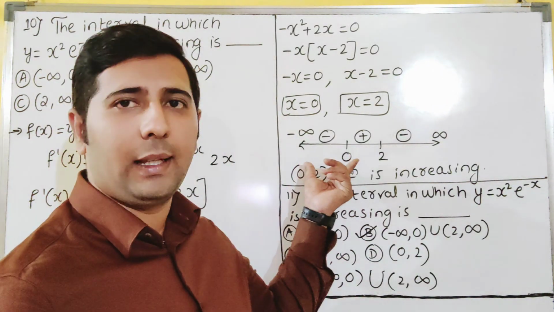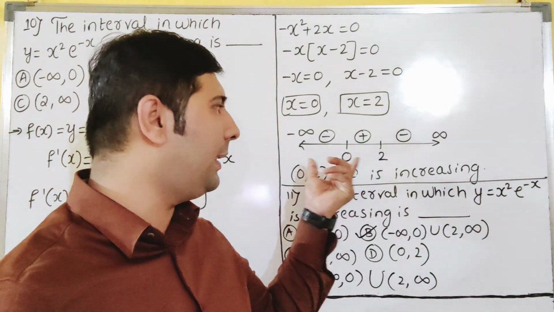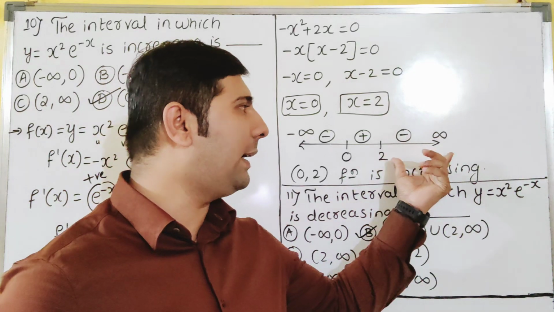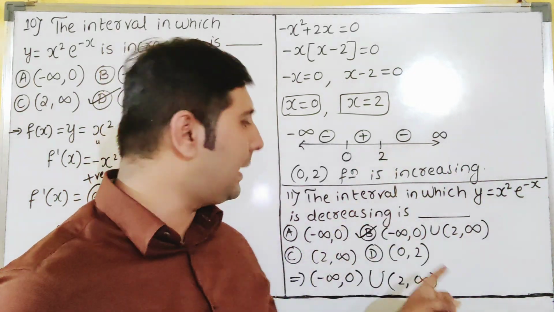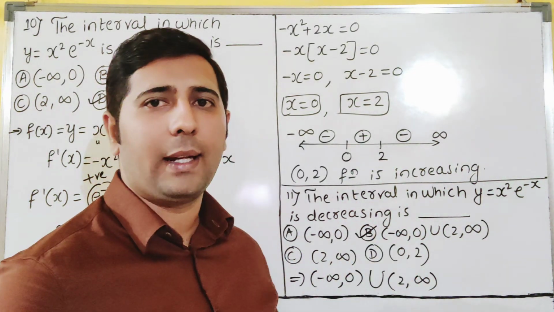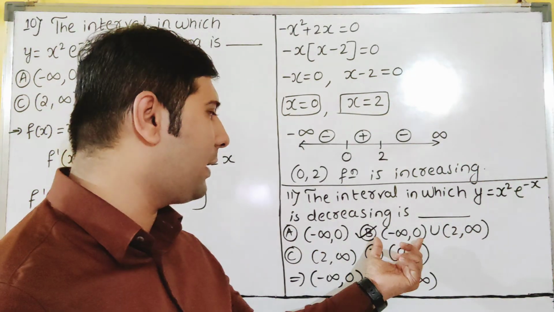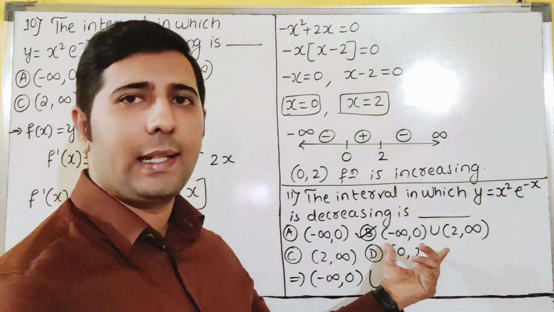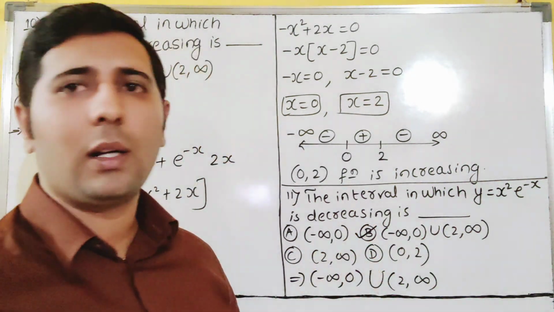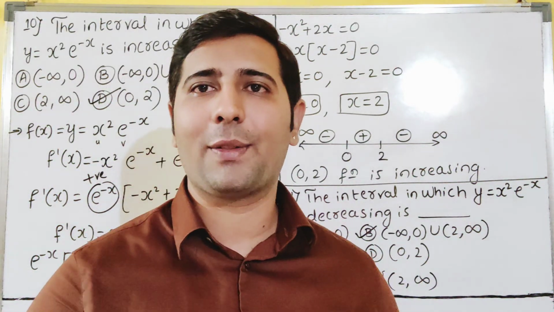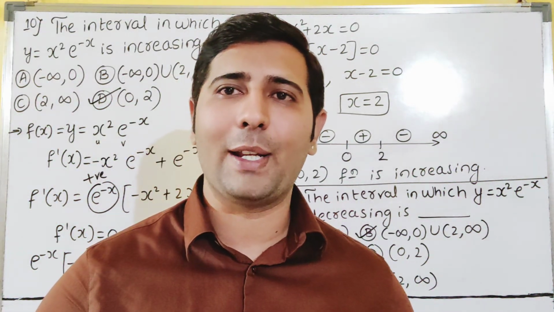Here it is decreasing. So 2 to infinite it decreases. So they are asking what? Function is decreasing where? So our option is what here, dear students? In this interval it is decreasing. Our option will match with what? B. B for bingo, dear students. I hope everything you have understood, I feel.